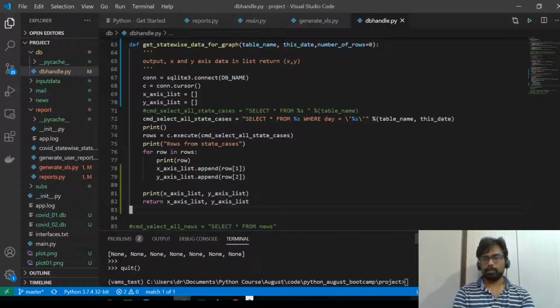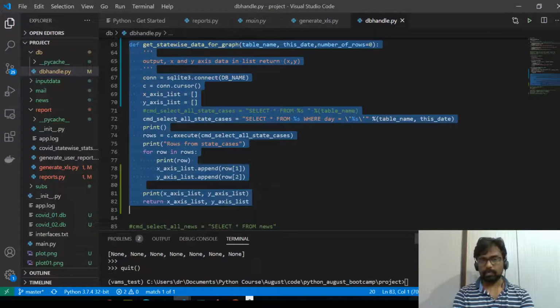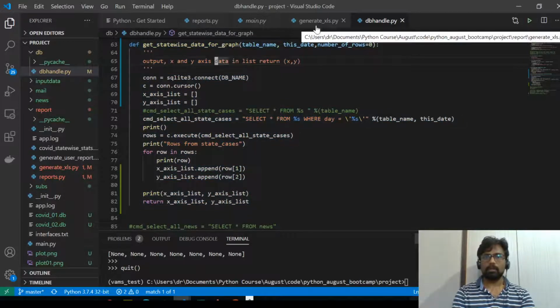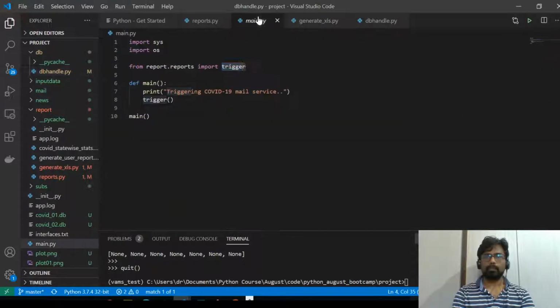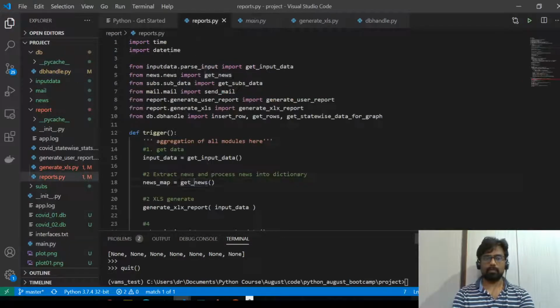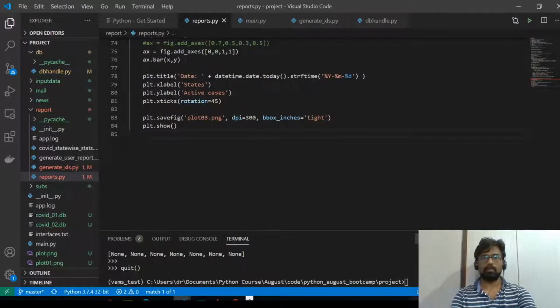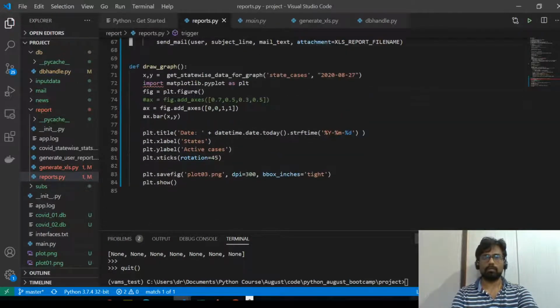So if you return two elements from a function, that will come as a tuple. If you just print the returned value, it will be a tuple.